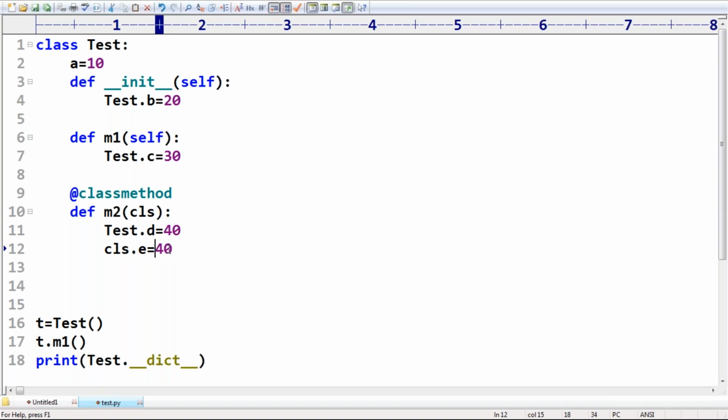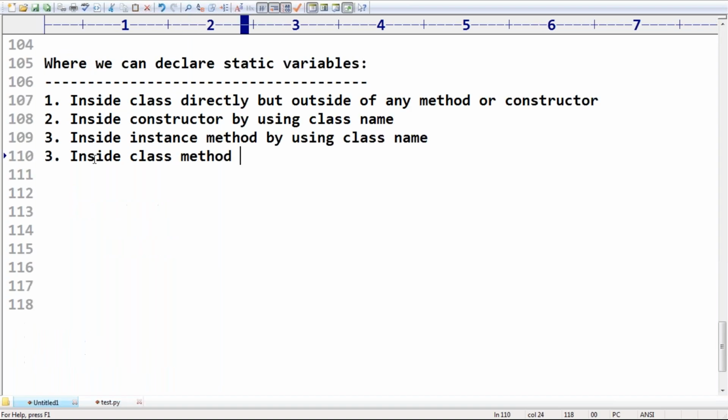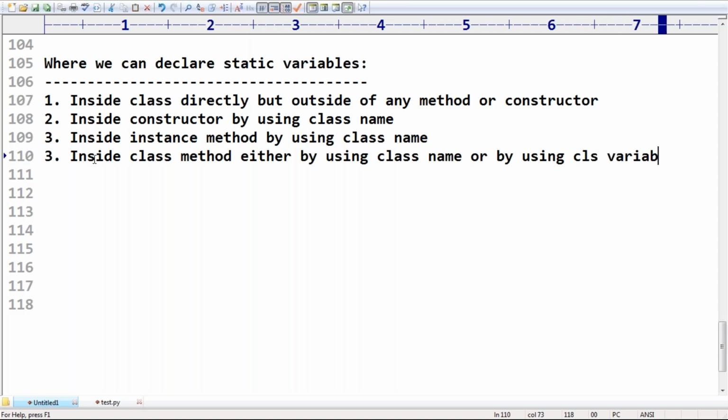We can declare static variables inside a class method either by using the class name or by using the cls variable. That's all. Like this. Now, can you please tell, if I call m2